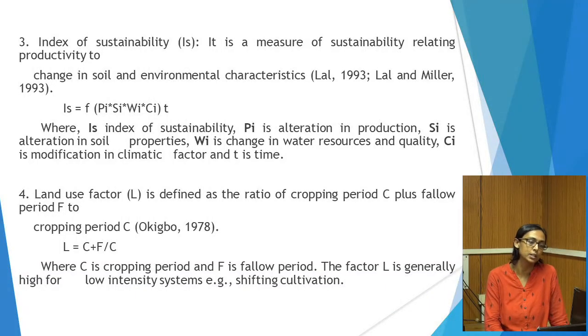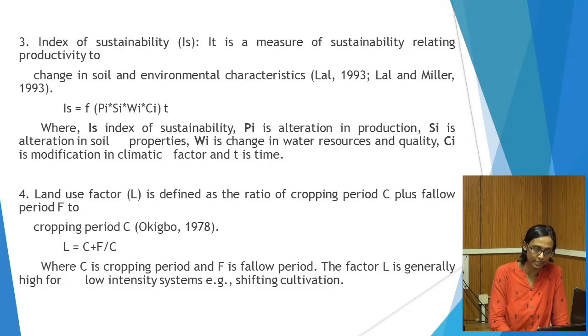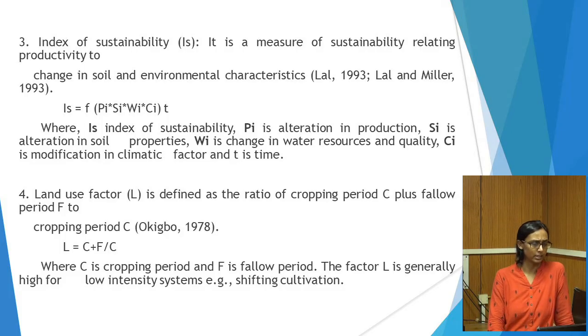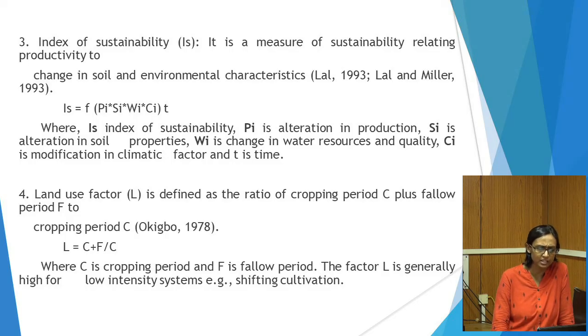Third one is index of sustainability. It is a measure of sustainability relating productivity to change in soil and environmental characteristics, to know whether it is diminishing or restoring. It was given by Lal in 1993 and Lal and Minard in 1993. Index of sustainability is equal to Pi into Si into Wi into Ci multiplied by T, where Si is alteration in soil properties, Wi is alteration in water resources and quality, Ci is modification in climatic factors,